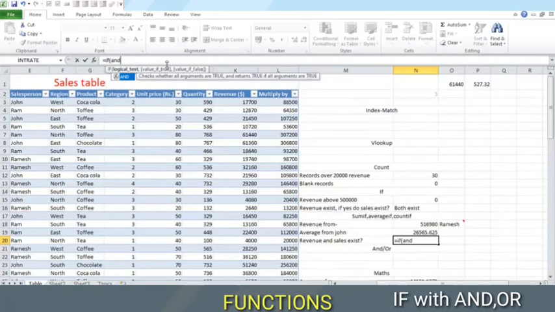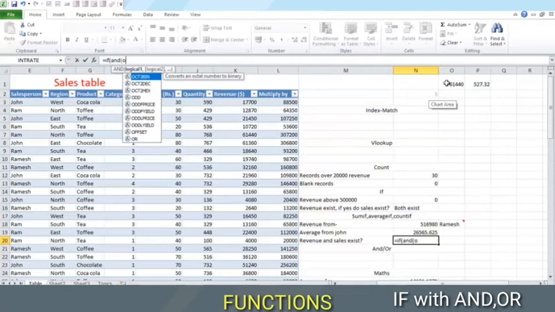Here we use two conditions together. Revenue must exist and sales also must exist. That is our logical test. So this is the case where we will apply the AND function along with if. Condition 1 will be that O1 is greater than 0. We'll fix the reference here.